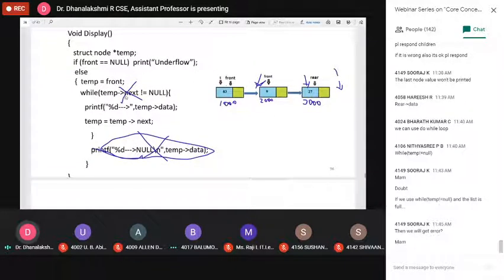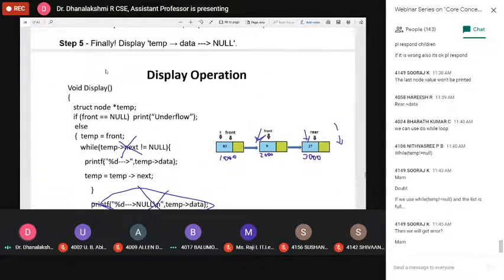We are checking and traversing the nodes one by one, so we are using this condition. Based on that routine and our application, we can select whether we need temp next or temp not equal to null. You can select the notation based on that operation.